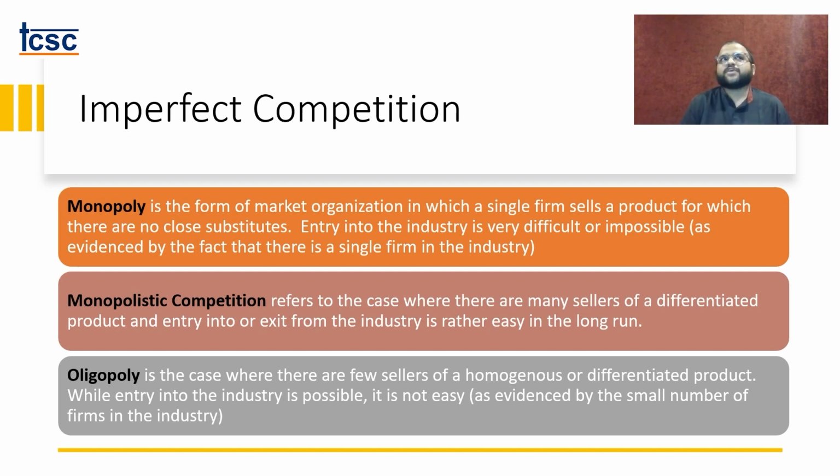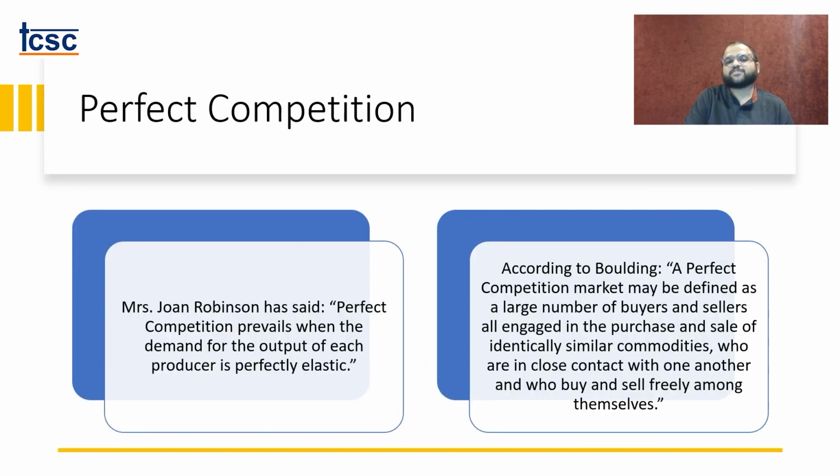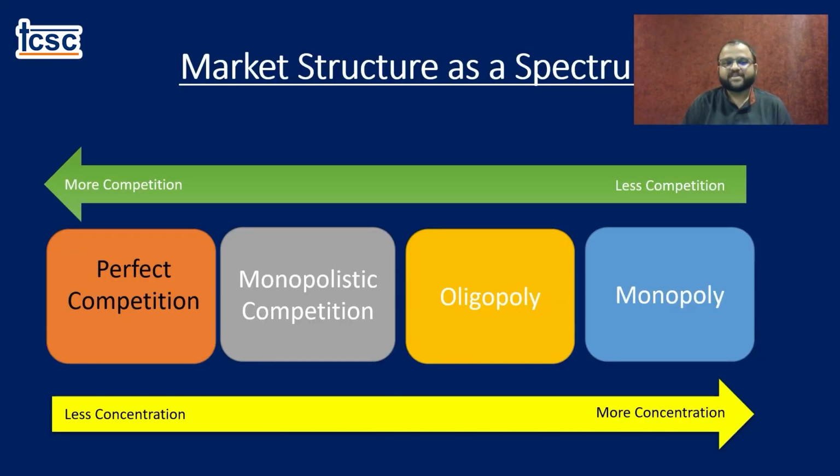And then you have oligopoly, where you study it as collusive and non-collusive, where you have few sellers. And one of the most interesting things in this market is that you sell both homogeneous and differentiated goods. Now, many a time while people talk about monopolistic competition, they make it a point to say that monopolistic competition is a marriage between monopoly and perfect competition. Therefore, if you remember, when we defined it, perfect competition is at one extreme end, monopoly at the other extreme, and their middle child is nothing but monopolistic competition. So monopolistic competition logically enjoys the good half of perfect competition as well as monopoly. And that's how it goes.